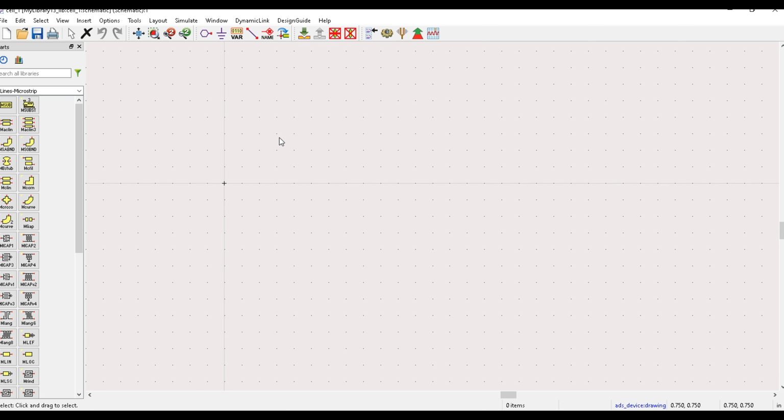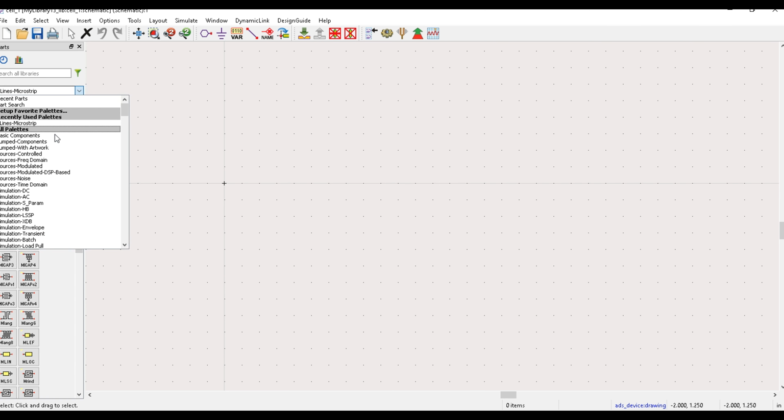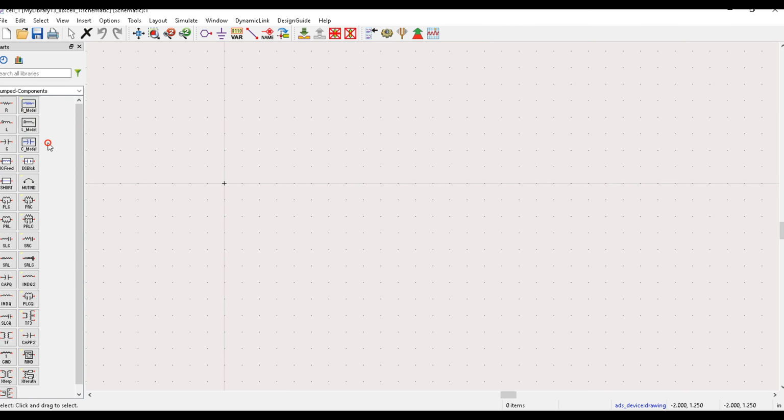So we'll now go to the left side. You see all the models that ADS has. So what we're going to use now, we're going to go to lumped components. You see a lumped component, and we select the elements we need. So for this, we're going to use a simple L part, a C part, and